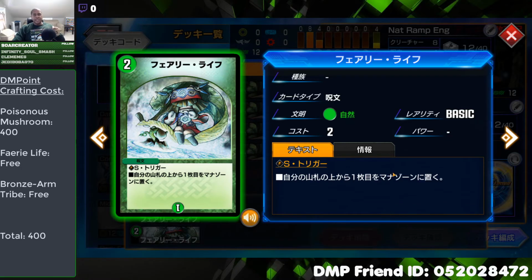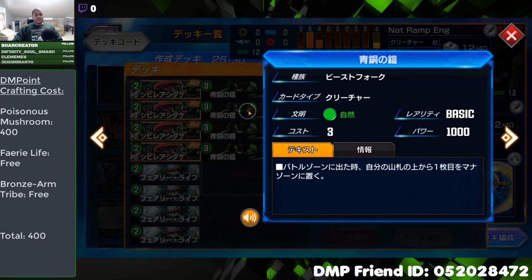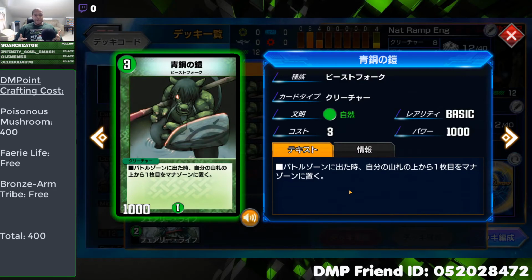Unlike Mushroom, it doesn't cost you an additional card out of your hand, but you don't get the creature to go along with it, which might matter to you more depending on what kind of deck you're trying to build. And then we have 4 Bronze Arm Tribe, which is exactly like Fairy Life, but it's a 3 mana 1000 power Beast Folk, which